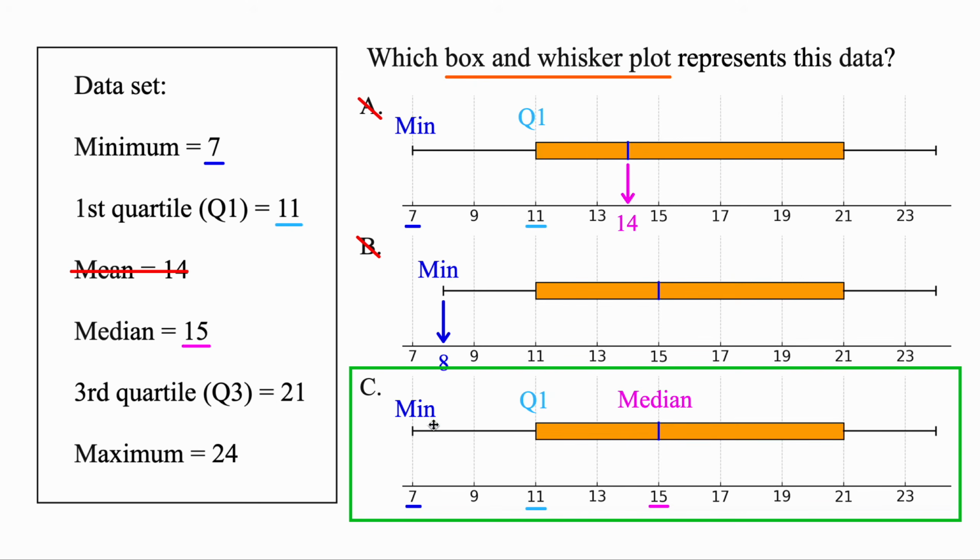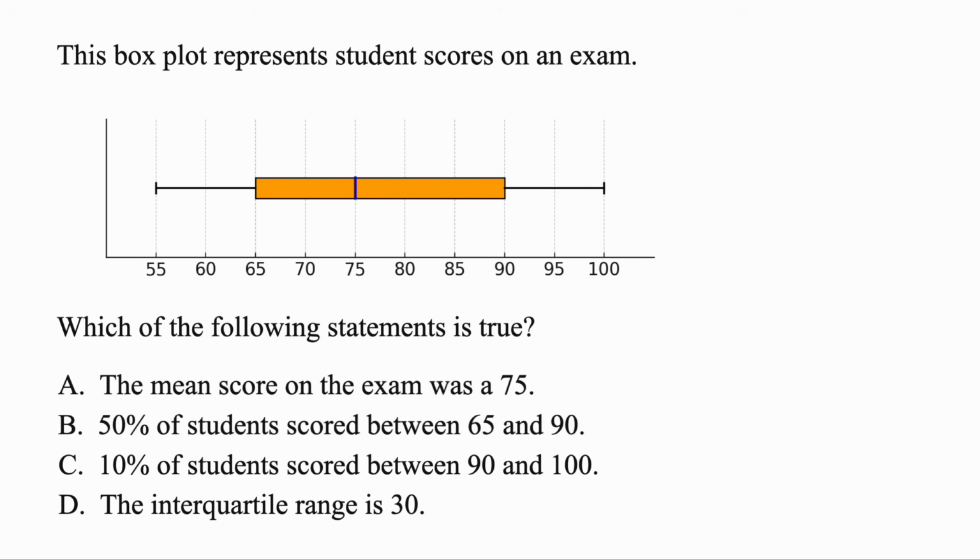Okay, but how would you actually interpret the data for a box plot? Let's look. For this one, this box plot represents student scores on an exam. The lowest score was a 55, the highest score was 100, and most students scored somewhere around here between 65 and 90. Okay, so that's all fine so far, but the key is there should be 4 equal groups represented